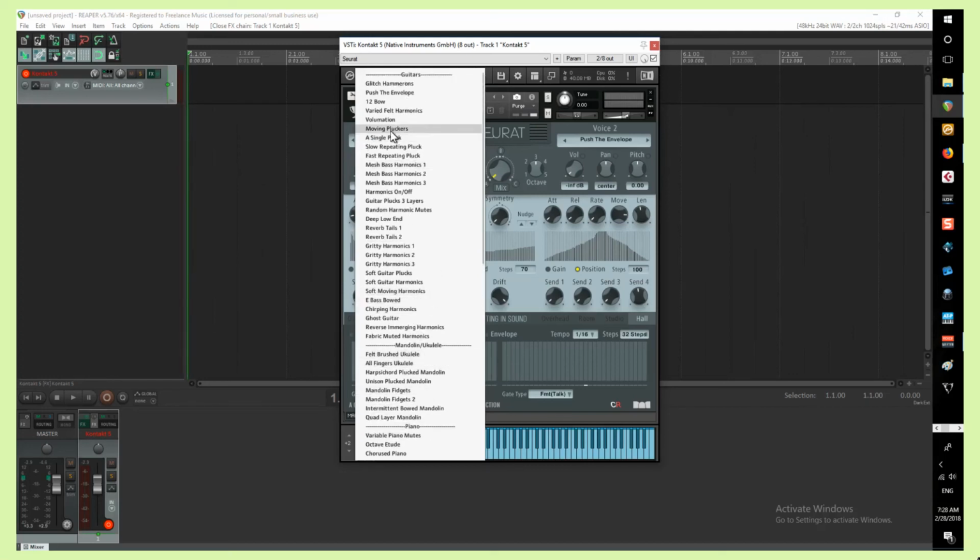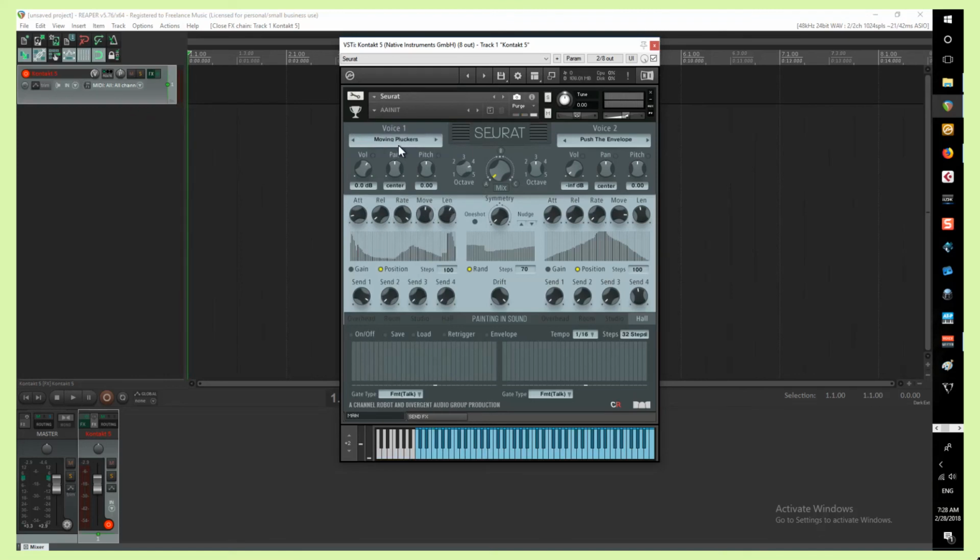Another one is, I called it moving pluckers, but basically changing the position where you pluck on the guitar. What's it called? Near the bridge. The closer you get to the bridge, where the strings come up, you get more higher frequencies. The EQ is different. And then when you get further away and closer to where the frets are,